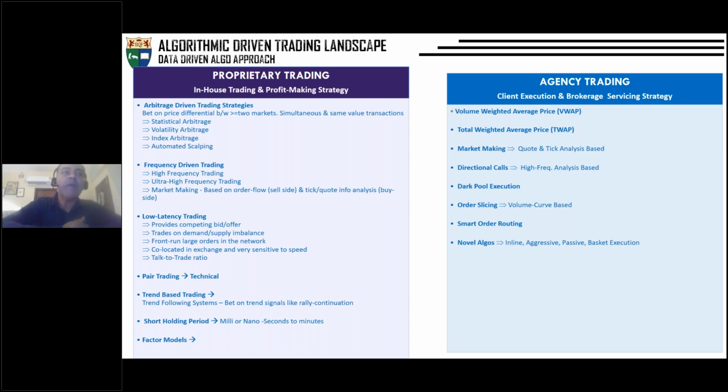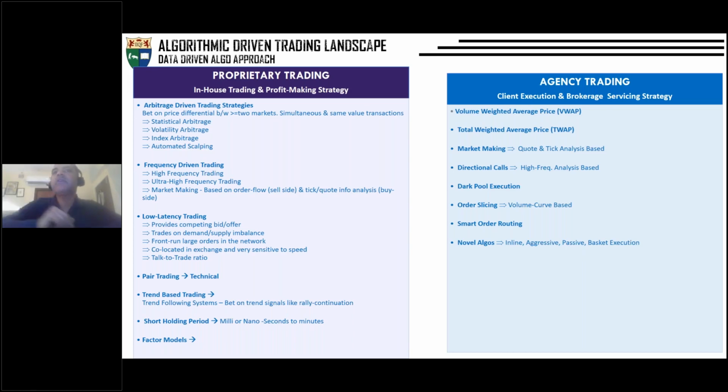Demand supply factors impact your price, how large orders impact your price, right? How the exchanges which are co-located are conducting the trading, right? Talk to trade ratio, all these things are low latency. So some of these you could see are different activities which could be application areas of deep